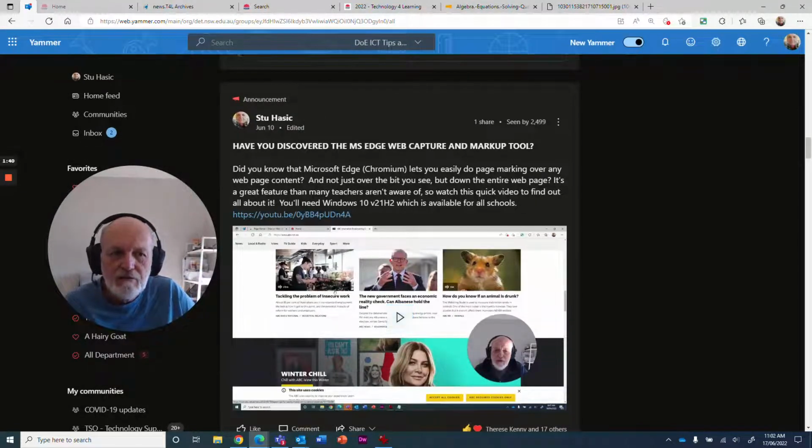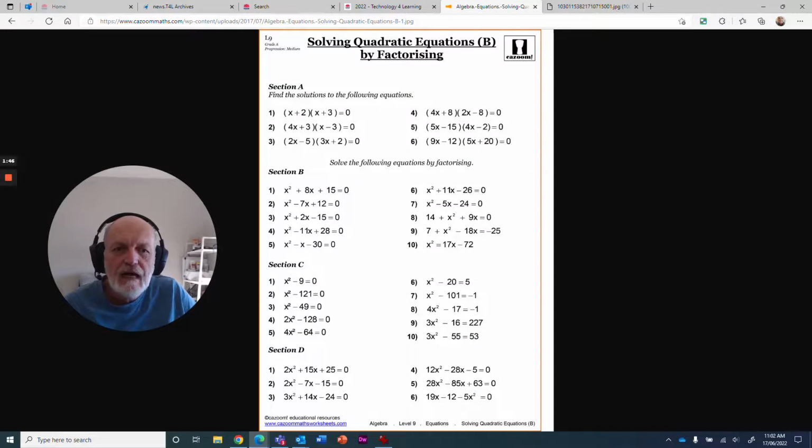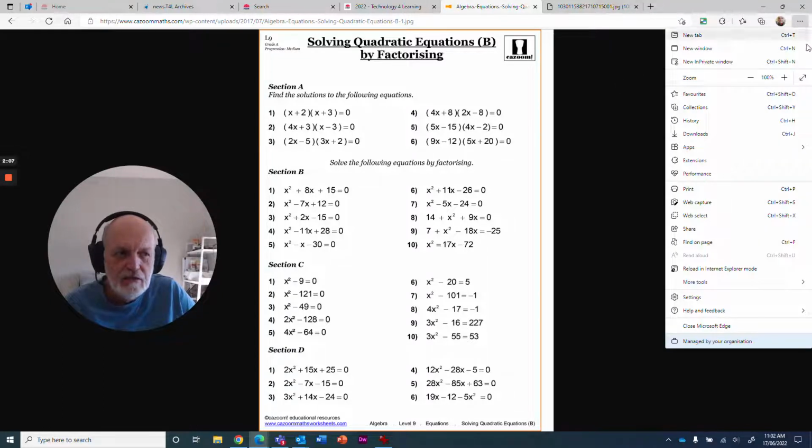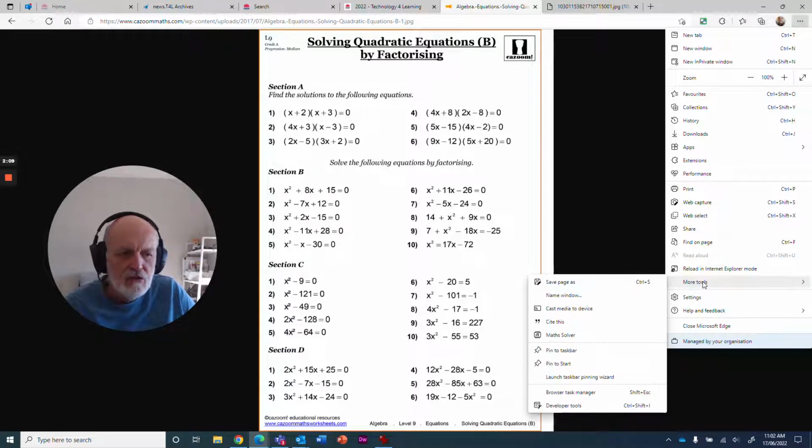So that's one really cool feature, but the other one I found was this one, and I wasn't expecting this to be built into the browser. Here I have some quadratic equations. It's a worksheet that's probably for year 8, year 9 students, and we're wanting people to solve them. Maybe it's been put in as a Google Form or a Microsoft Form and you're asking kids to complete this exam. Well, if they're doing it in Microsoft Edge, they can come in here to the three dots and choose, under More Tools,